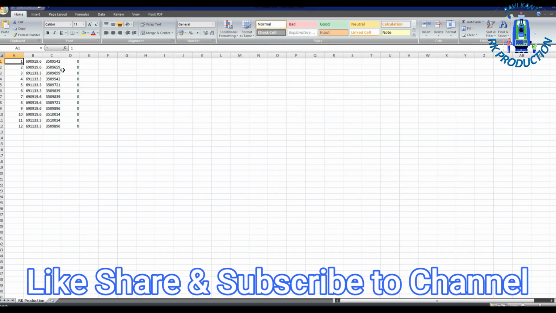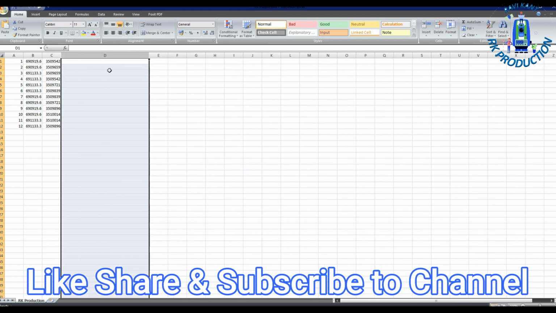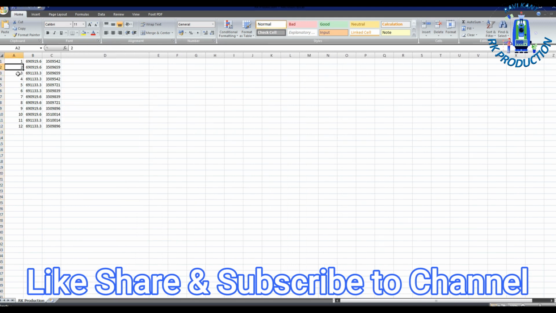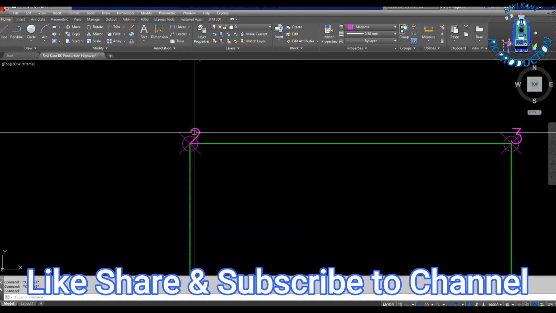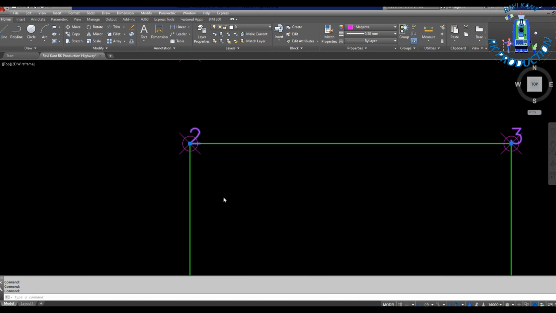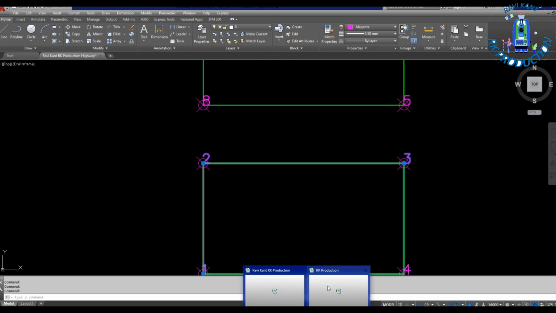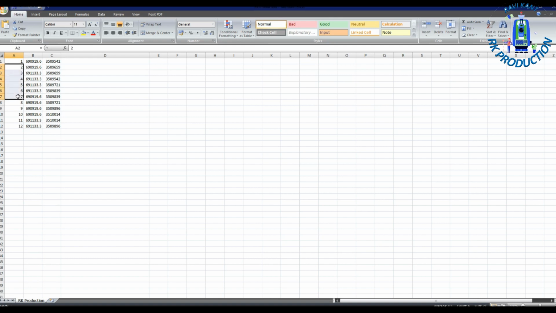So these are your coordinates. The first column is numbering, then easting, then northing. These numbers 1, 2, 3, 4 are the numbering which is in the plan. So when you go to site and you have a complicated structure, you can give this type of numbering and this coordinate list, and this is very easy at site for demarcation.